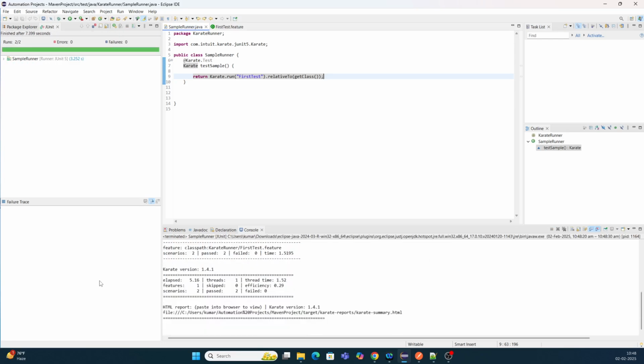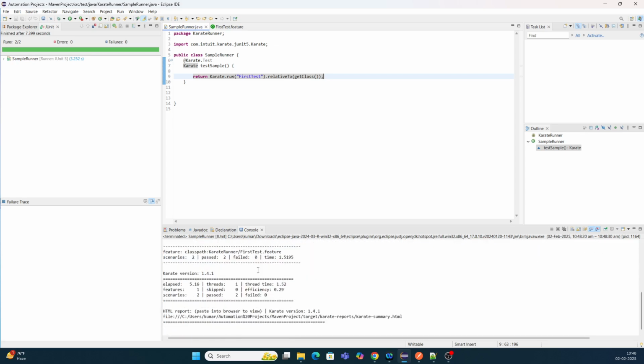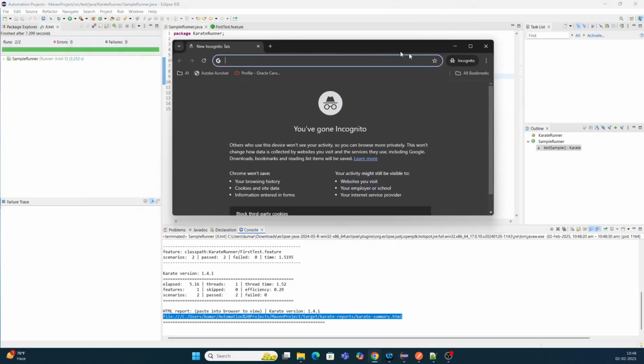I'm just waiting for it to run here. Then you can see the Karate execution is done, with the number of scenarios executed, the number passed and the number failed, and I can see the Karate HTML report here. If you copy this HTML report and paste it in a browser,